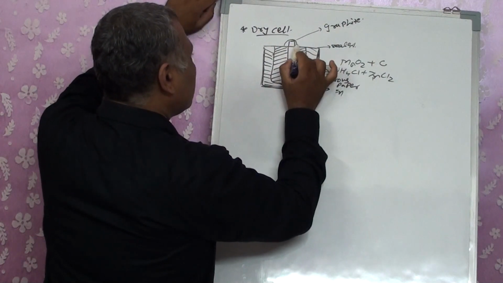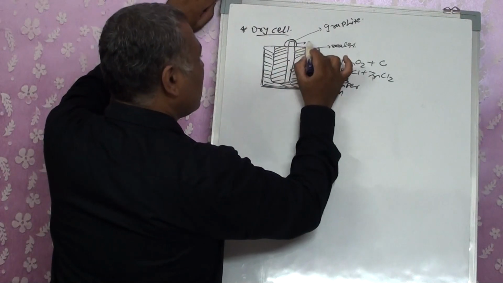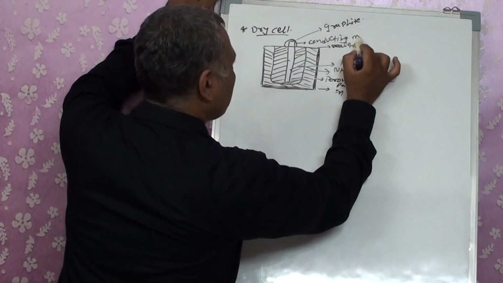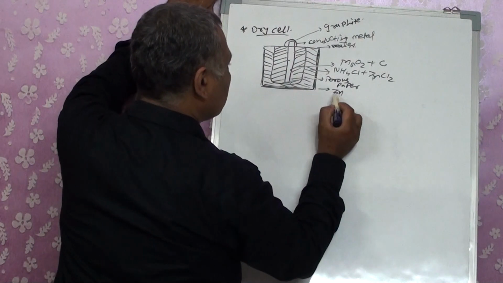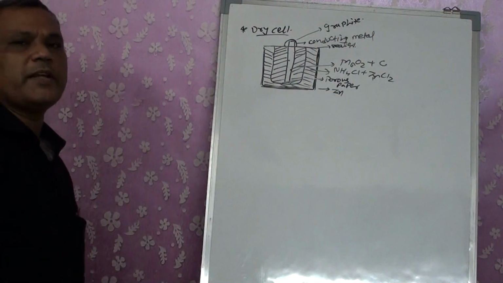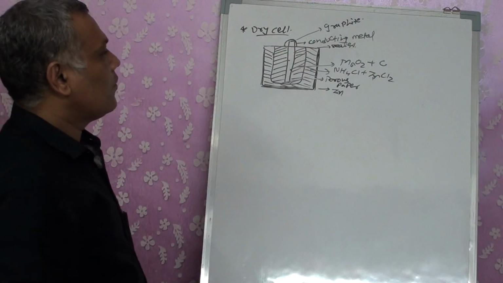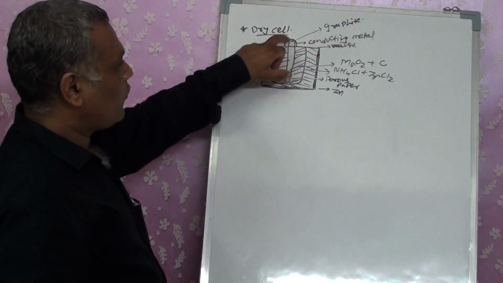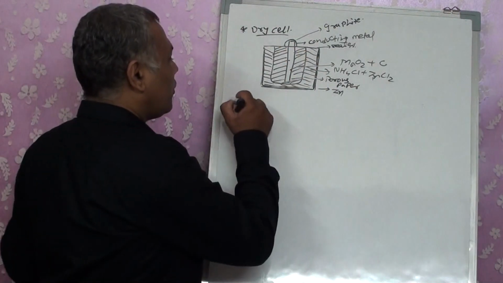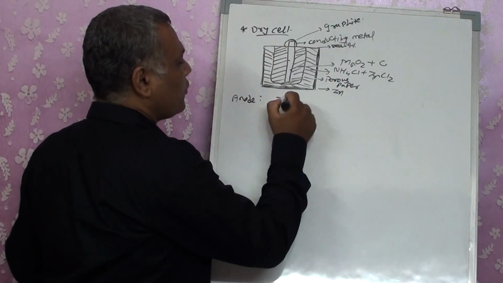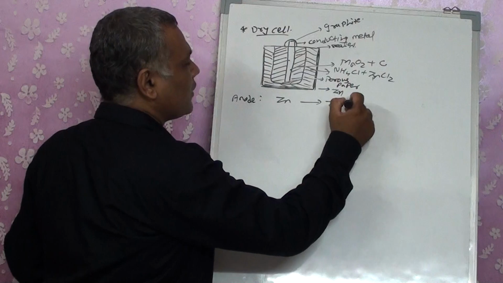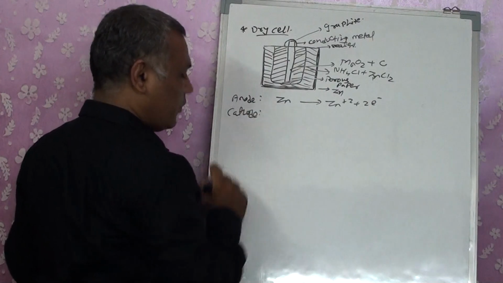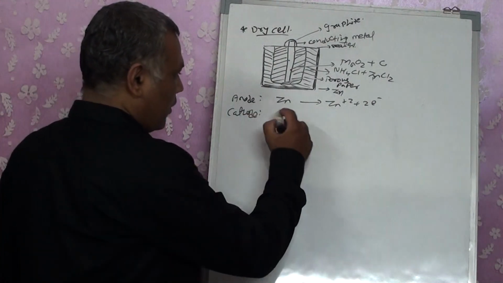And while sealing it, particularly a metal which can conduct electricity is placed on it. Right? Now, once it has been there, this Zn is going to act as anode, graphite is going to act as cathode. So on the anode, the reaction that is going to take place is Zn gets converted into Zn2+ plus 2e. While on the cathode, the reaction that will be taking place would be MnO2